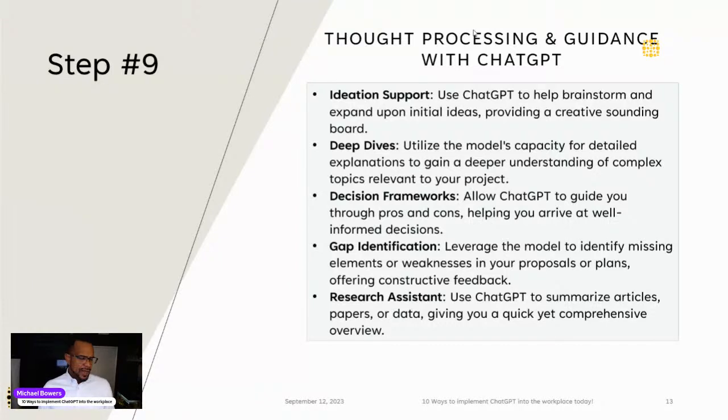Or again, if you want to say, I want to take a Six Sigma approach to this particular project, how would I do that? I heard Six Sigma is good, but I'm not really that familiar with it, so what would I do? It will guide you. Acting as a Six Sigma expert and black belt, I think that's kind of what they call themselves, I will guide you through this. So ChatGPT can make your employee come across like an expert in something that they don't typically do.